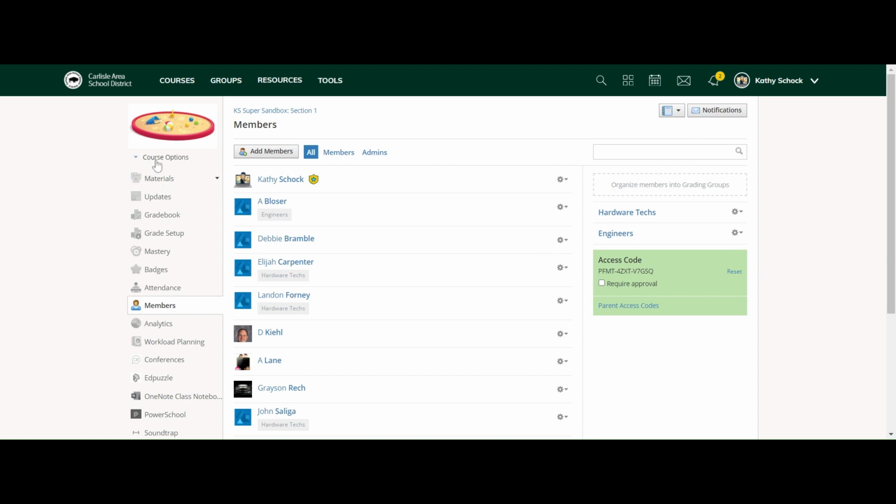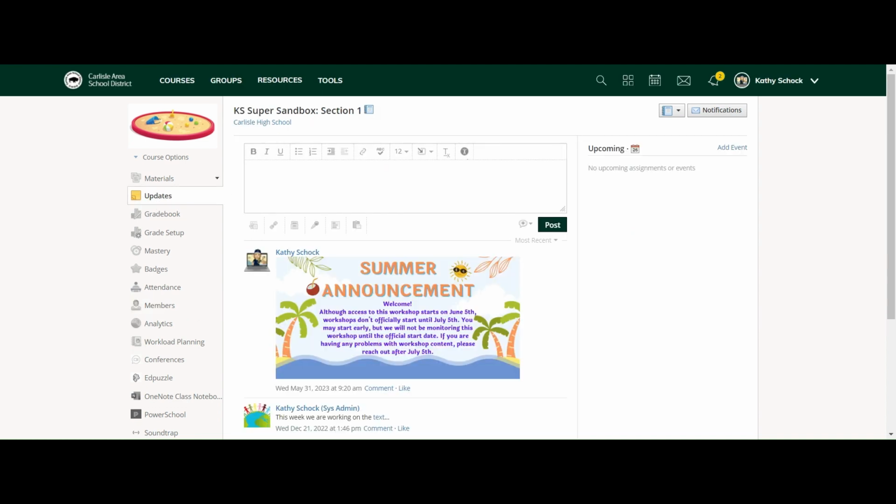But for me, just knowing that you can message your whole class from here is pretty powerful because students don't always read updates. You can put something in the updates area that students may or may not see. Whereas a message, they do get a notification. They may get an email as well to know that they have a message from their